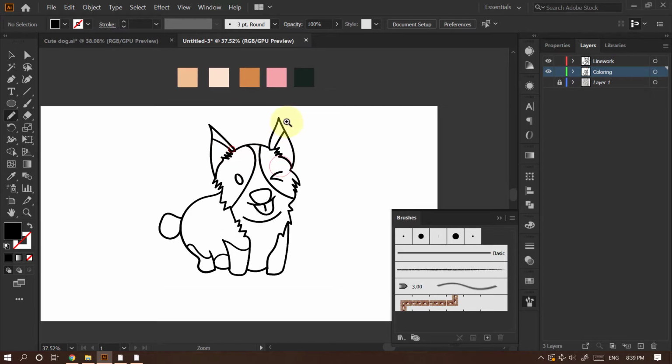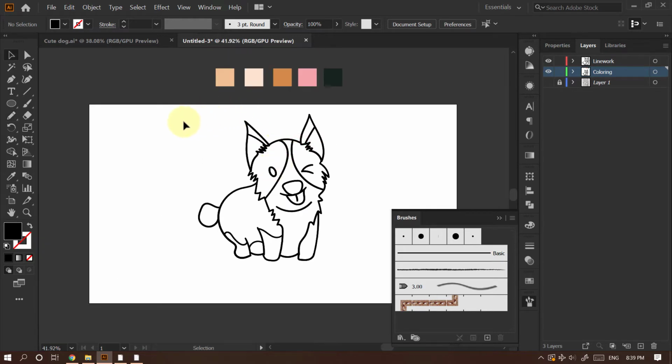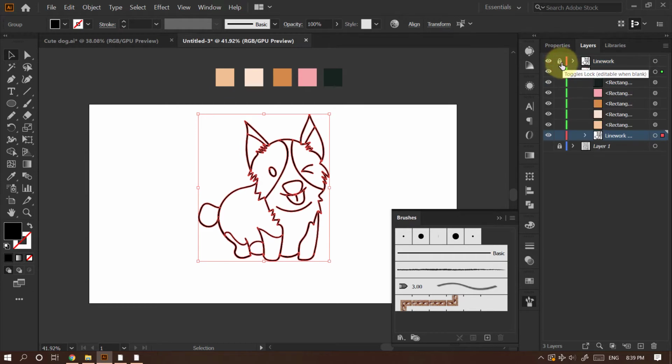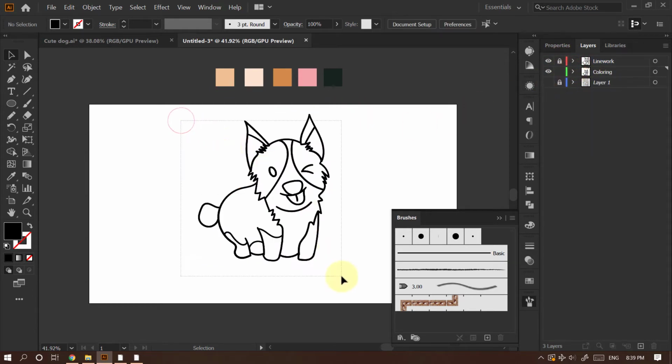I use the pencil tool. First I will select all of the artwork. I will lock this line work layer, and then I will select all of this artwork in the coloring layer, and then I will go to the shape builder tool.